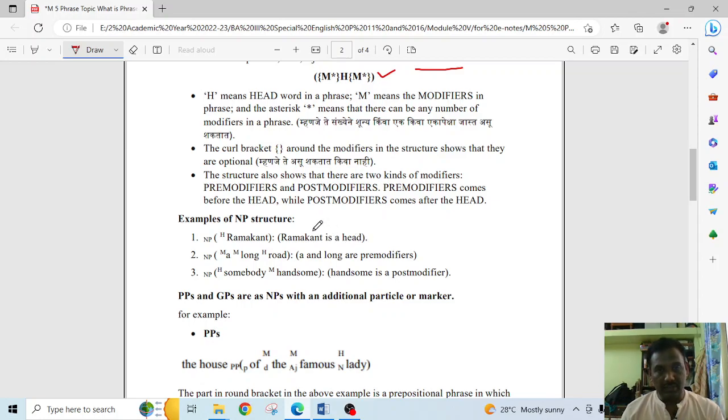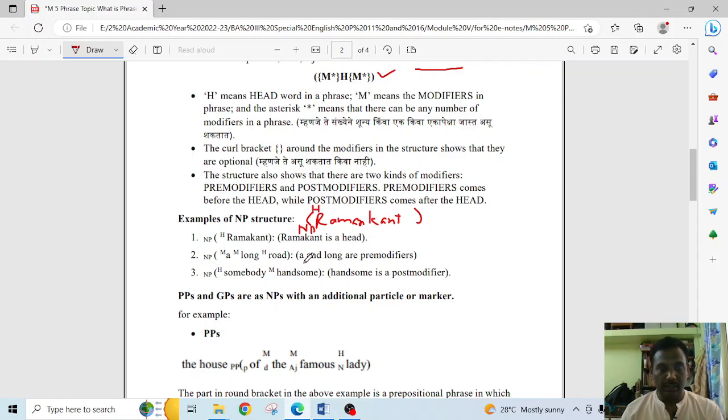Now this Ramakant is a head is a clause, and in this clause you have Ramakant as a noun phrase. Now you see here that in this noun phrase there is a single word, and that is Ramakant, and this word is head of this